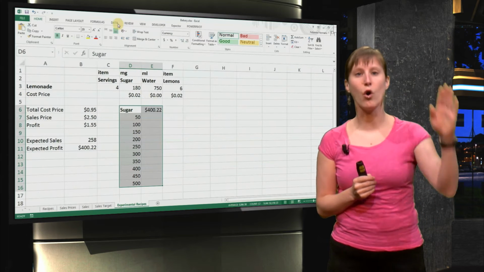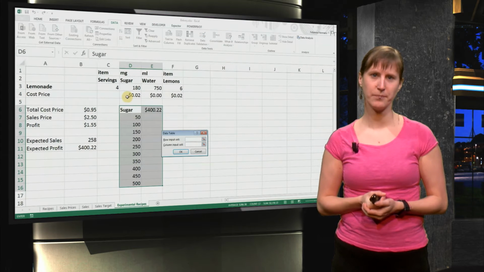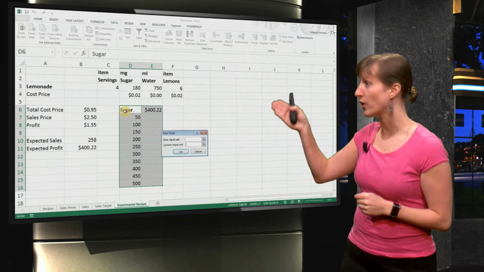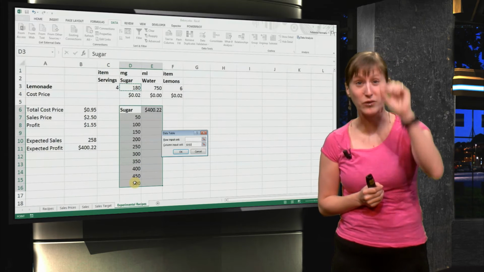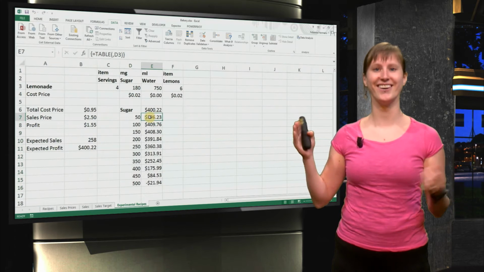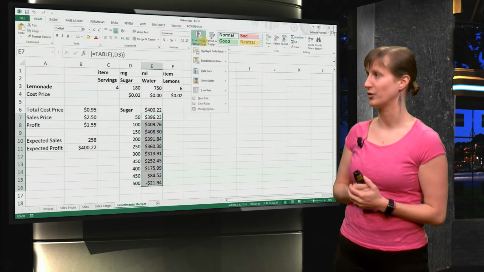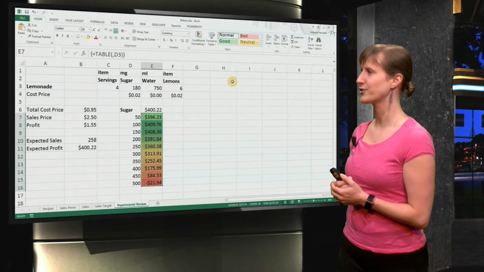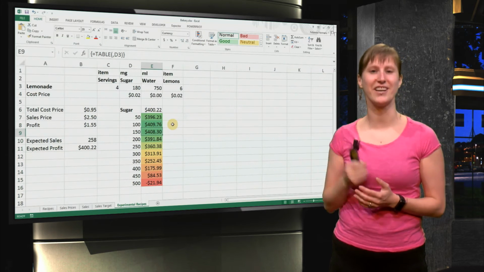Now we select this whole range with the options and the formula that we're pointing at. And now we get two options, row or column. Our options are in column, so we have to say column. And there we put the value that corresponds with the value in our column. Now we get the value for that formula based on everything that's in the column. And it's a bit hard to see, but if we add conditional formatting, nice color scale, you see, well, the maximum is somewhere there in that green area.